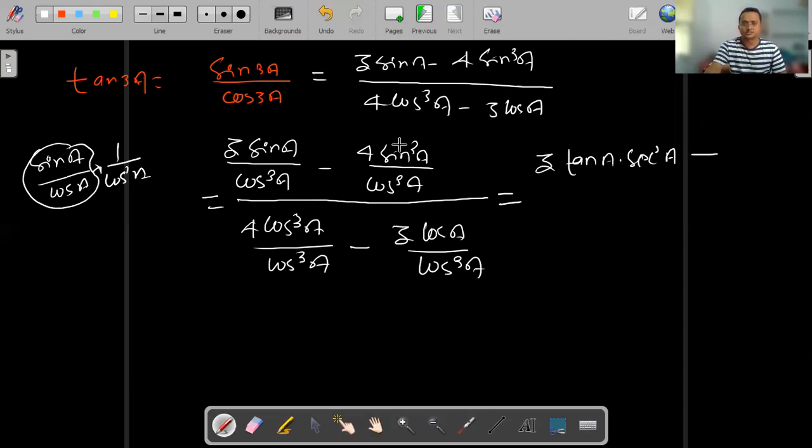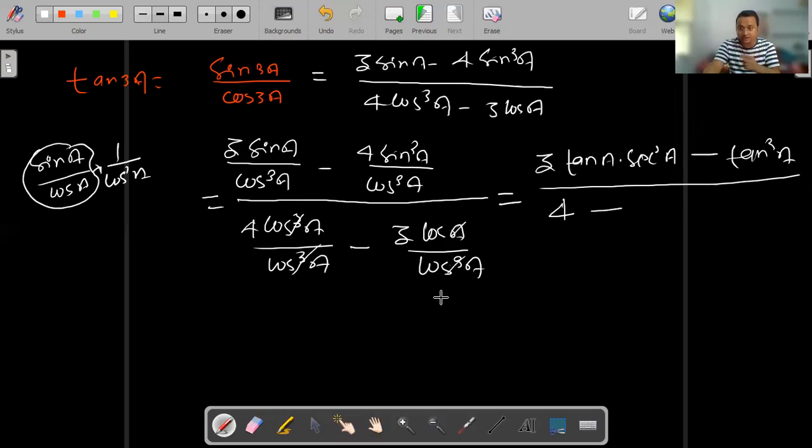Now clear. Then after sine cube A divided by cos cube A. So sine by cos what? Tan. So we can write here tan cube A divided by, now you see here, cos and cos get cancelled, right? And we are getting 4. Then after 1 cos and 3 cos. So in the denominator, how many cos will we have? Cos squared, means cos power 2. So directly what can we write? Can we write 3 sec square A? Definitely we can write, isn't it?